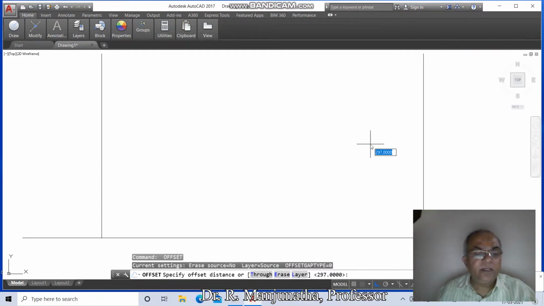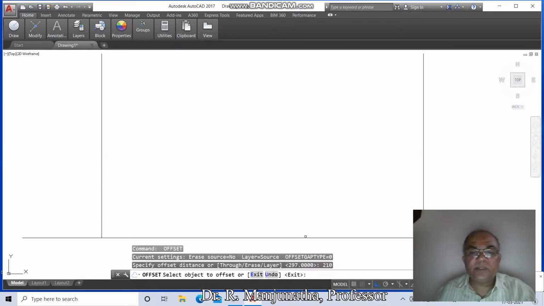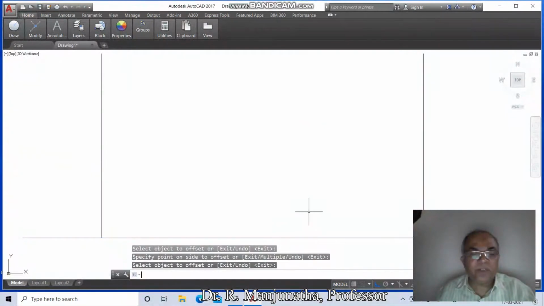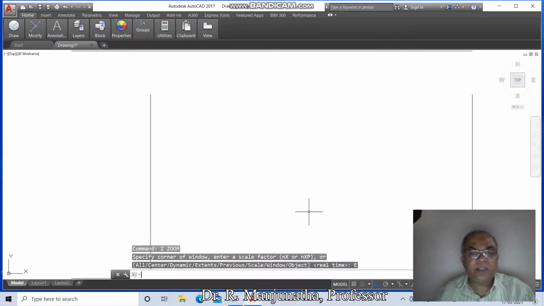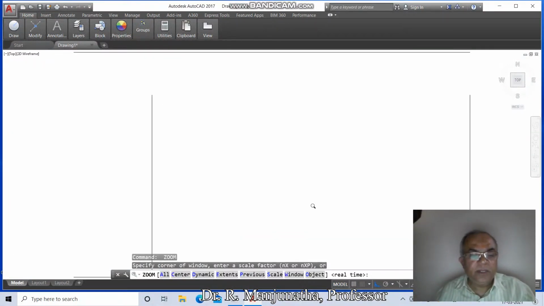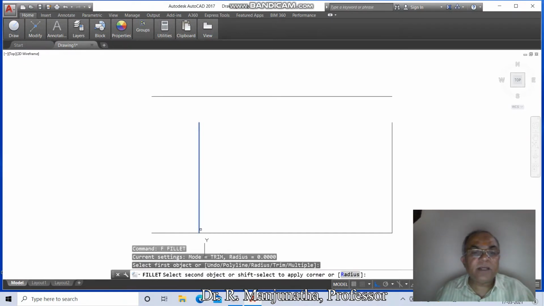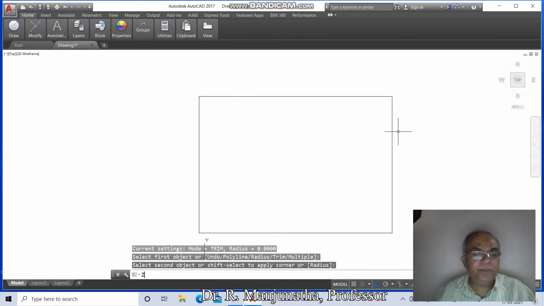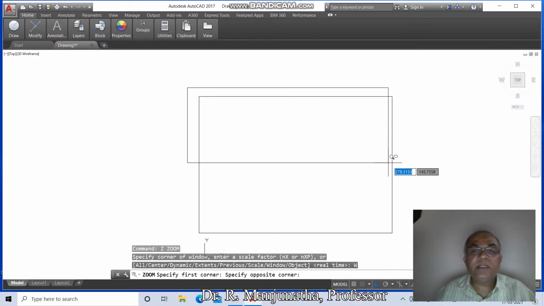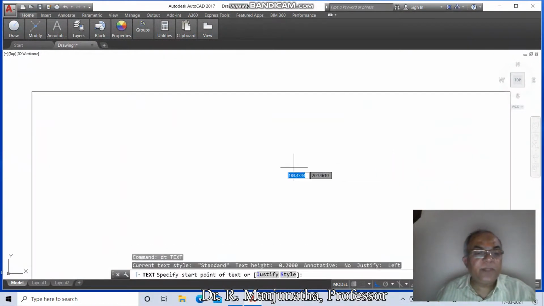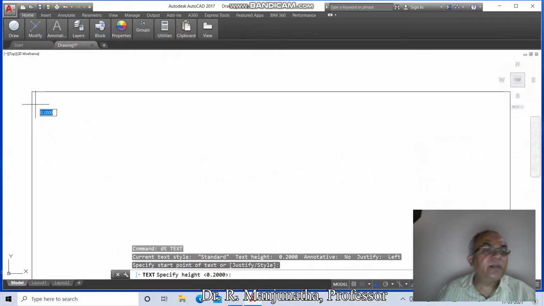offset to the left side. Then offset, take the distance as 210, select the horizontal line and offset to the top side. Then go to zoom extent and zoom 0.6x, then go to fillet, select this vertical line and horizontal line, and so on for the remaining corners. Then go to zoom window, select this,